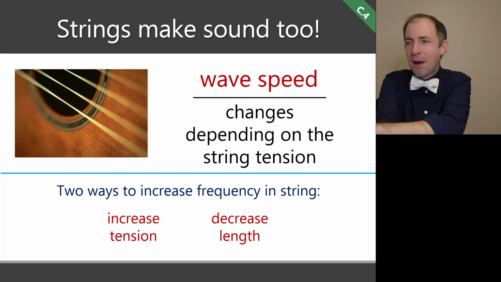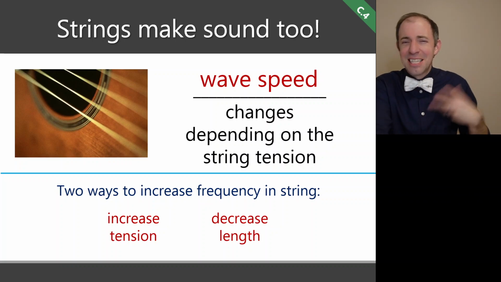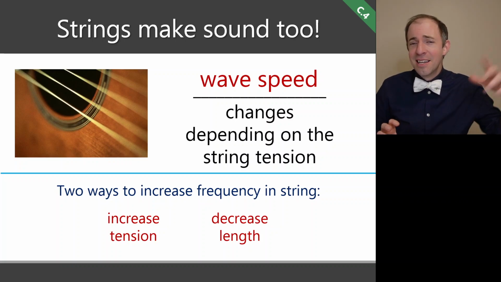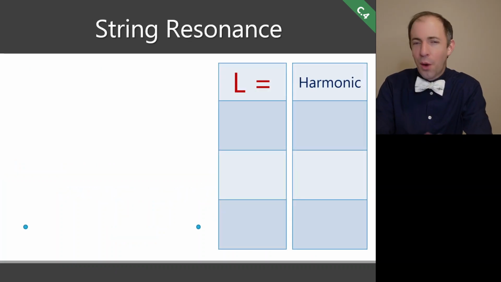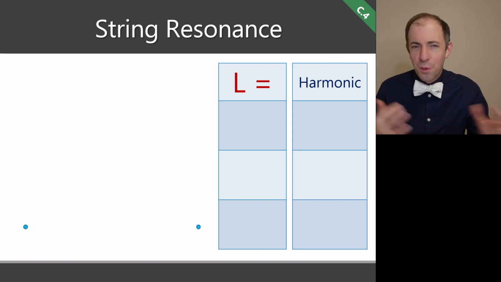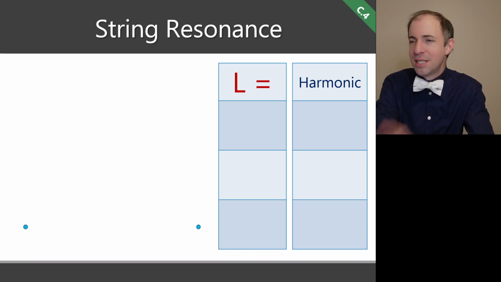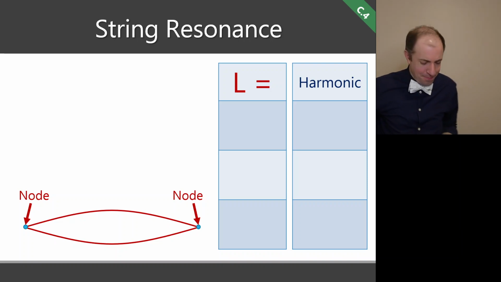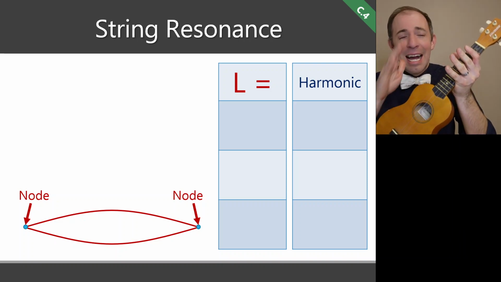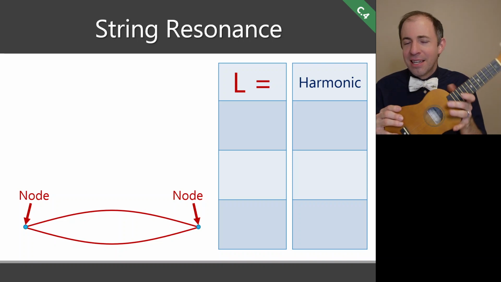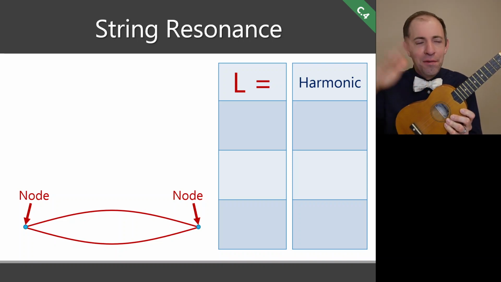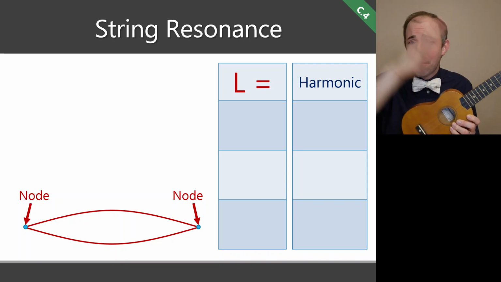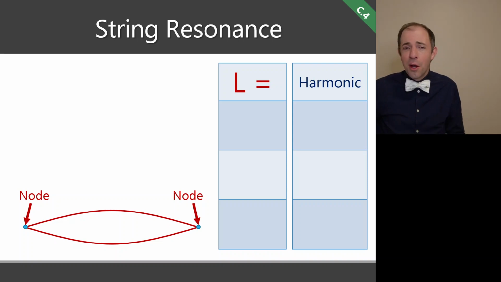We are going to focus primarily on the length because the tension is a little harder to define exactly how the tension is going to impact the wave speed, but the length is a little bit easier for us to measure. So if we're to look at an actual picture, this is where it gets a little bit more complicated. You see a node on each end, and that can create a standing wave. If you were to watch the actual amplitude and movement of the string, the simplest way that it can move is basically oscillating kind of like a jump rope,